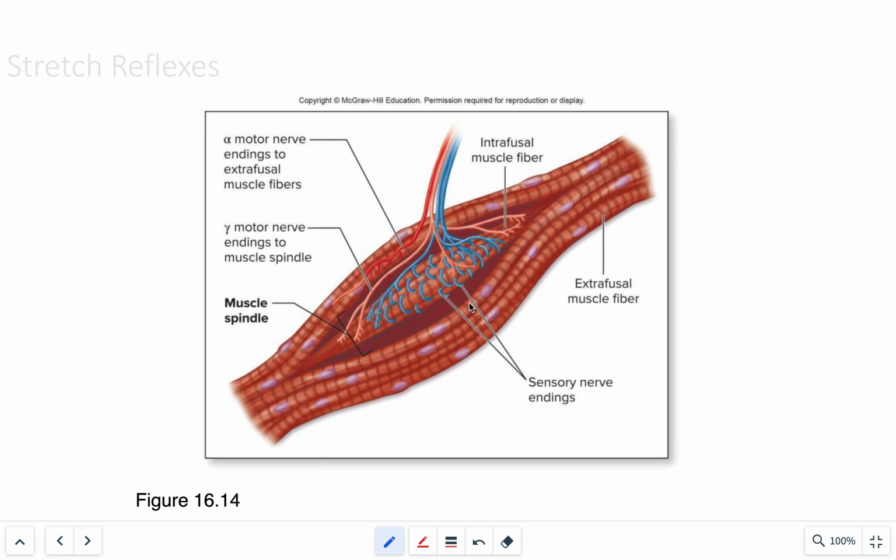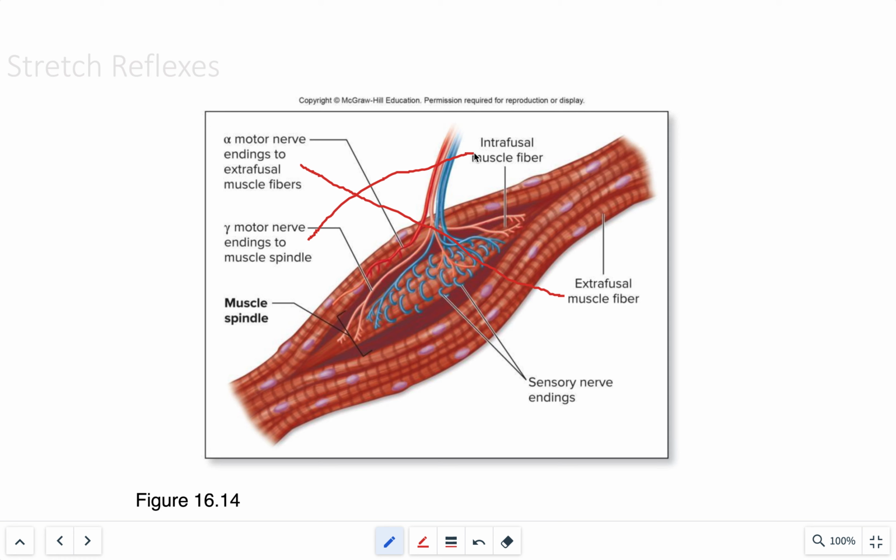So we have some connections between the alpha motor endings of the extrafusal fibers. So here, these alpha motor nerve endings are connected to the extrafusal muscle fibers, and when I say connected, they communicate. And then the gamma motor neurons are connected with the